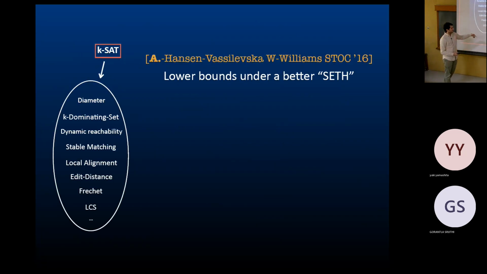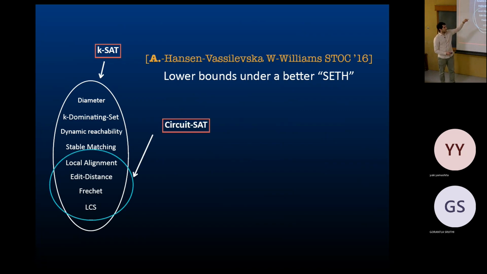Another direction, also similar, of getting better conjectures: we look at stronger versions of SAT. SAT is about satisfiability of a CNF formula, which is the simplest form of formulas. You can look at circuit SAT. And you could conjecture that you cannot beat 2 to the n for circuit SAT, where you get a complicated circuit as input. So that can be used to prove some results, but not most.